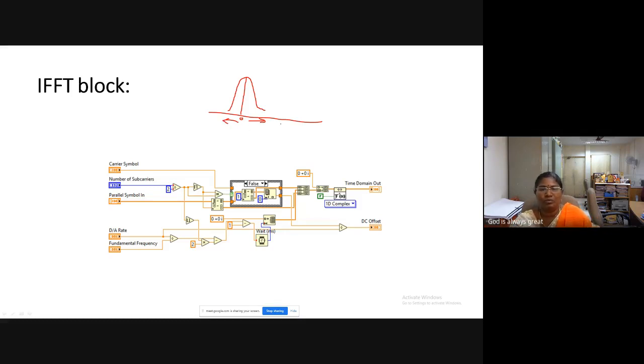This part is for your positive part and this part for your negative part. Why are we checking whether it is divisible by 2? Once we check if it is divisible by 2, we see the math operator here, divisible by 2. If it is equal to divisible by 2, you need to introduce a center carrier. You need to introduce a center carrier for the zeroth value. If it is not divisible by 2,